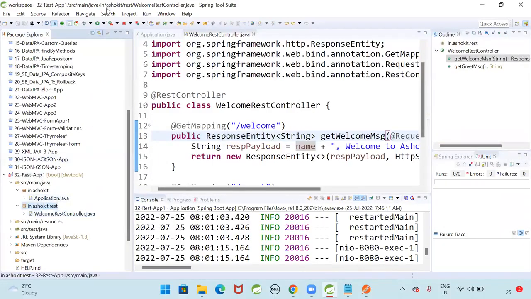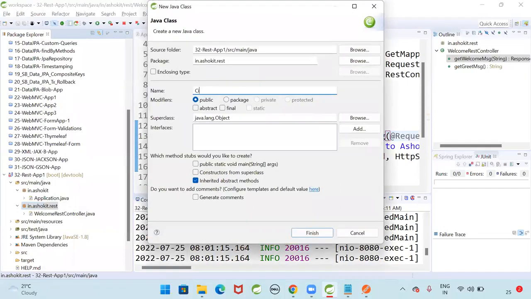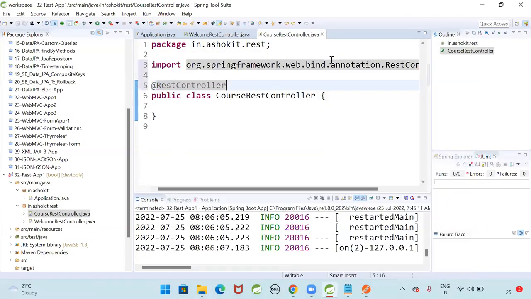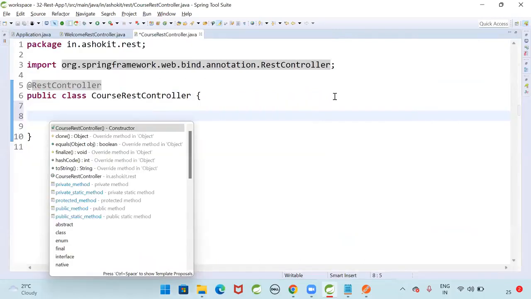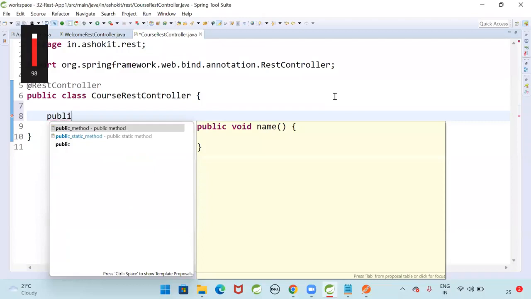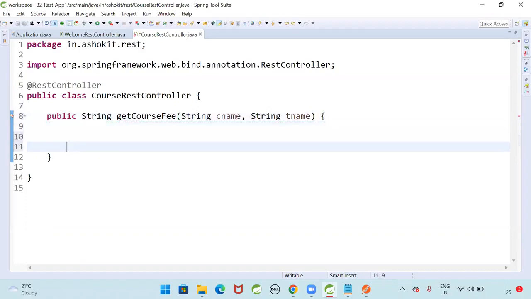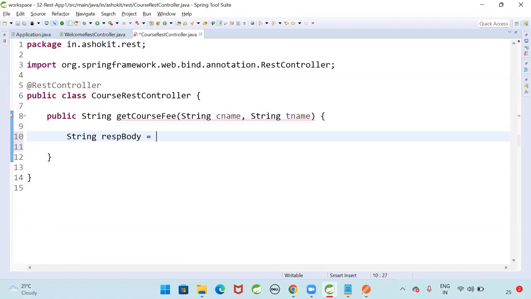for example, let me create one more REST controller, a new class called CourseRestController. I'm representing this class as a REST controller by using the @RestController annotation. Here I'm going to write one method: public String getCourseFee, taking String courseName and String trainerName. I'm going to prepare a String responseBody equal to